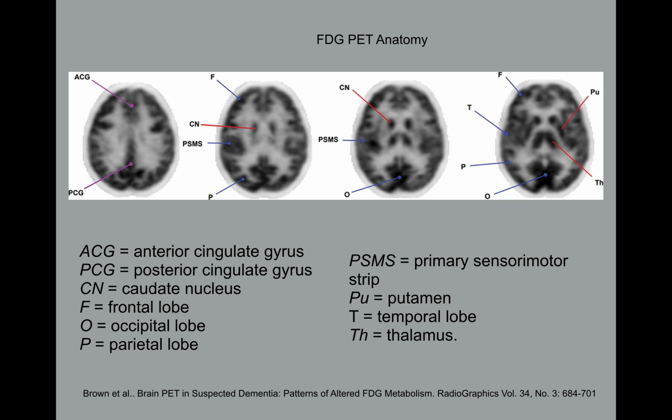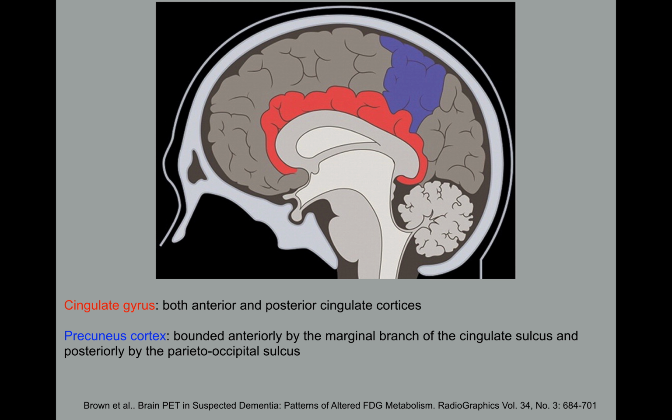Okay, so let's quickly talk about dementias. And when imaging dementia, it's important to be familiar with brain anatomy on FDG scans and other scans. So for Alzheimer's, particularly important is the posterior cingulate gyrus, as well as being able to identify parietal lobes and temporal lobes. So these are the areas